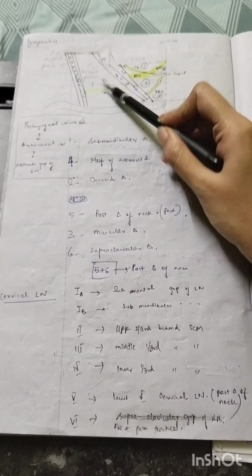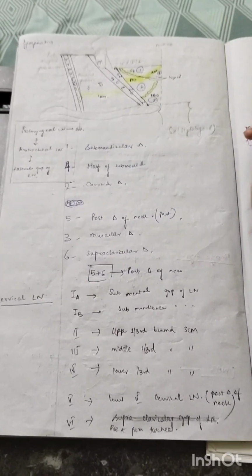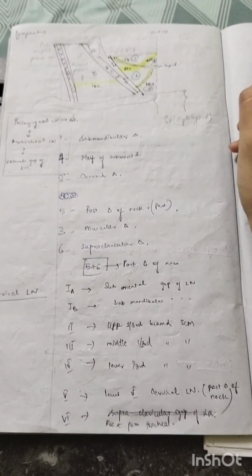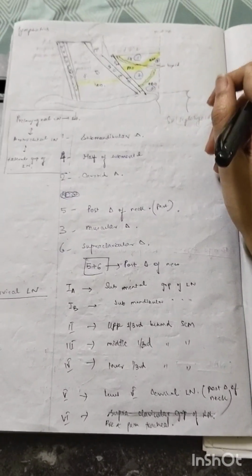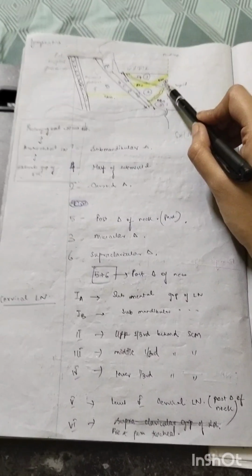The 5th group of cervical lymph node lies in the posterior triangle of the neck and in the supraclavicular region, that is this region, okay. And the 6th group of lymph node is the pre and the paratracheal, and the 7th one is the mediastinal group of lymph nodes. Whenever you do the cervical lymph node examination, do it below the chin, that is submental,